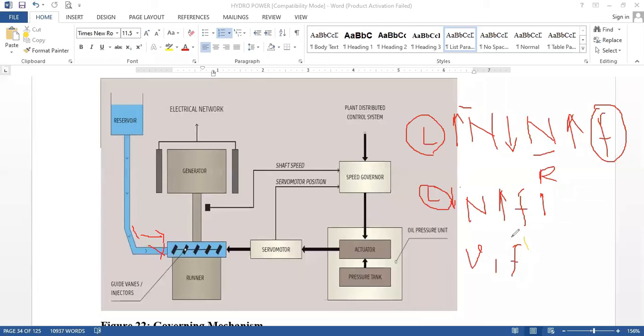Even for the synchronization of electrical generation with the grid system, first of all, we will check these two basic parameters. If they are matching with the utility values within the tolerable limits, then and only then can we synchronize with the electrical grid. If they are not matching, we cannot synchronize with the electrical grid. So therefore, voltage and frequency have much more importance in the electrical power system.